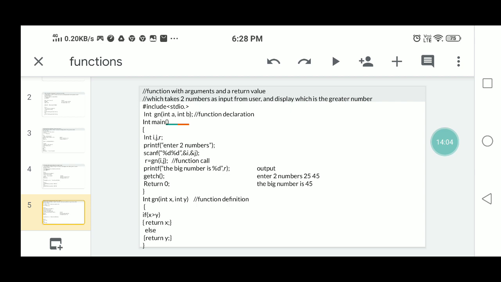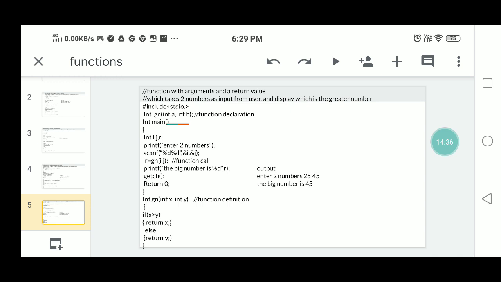The function is gn of i, j. In that i, j the actual values are there. i, j are the actual variables, the values are available in i, j. The i value will be assigned to the function argument x, the next j value will be assigned to the function argument y.